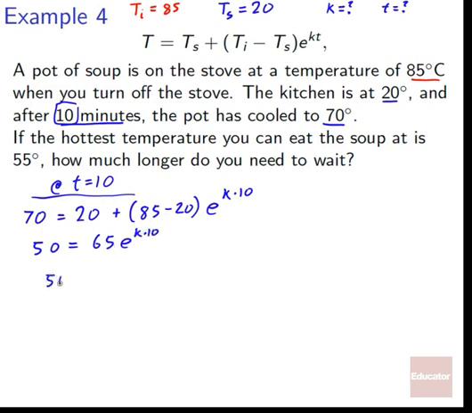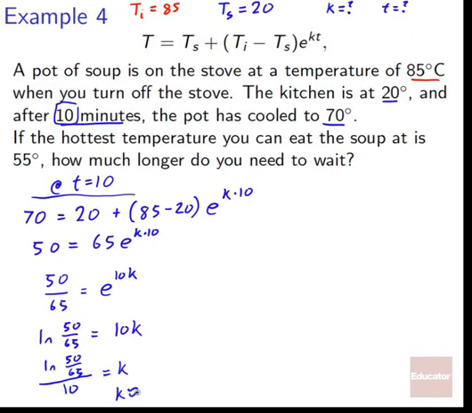Divide by 65 on both sides. We got 50 over 65 equals e to the 10k. Take the natural log of both sides. So we've got natural log of 50 over 65 equals 10k, right? Because the e disappears when we take the natural log of both sides. We divide by 10 on both sides. So we got natural log of 50 over 65 divided by 10 equals k. And that winds up coming out to be k is approximately equal to negative